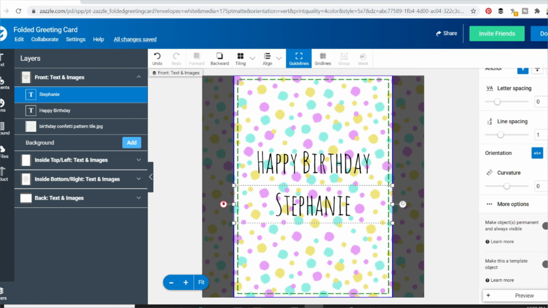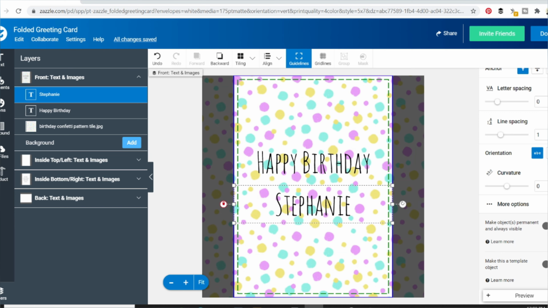Today I thought I would do a tutorial on how to create template products on Zazzle. I've spoken before about how customizable products on Zazzle sell really well, and if you just look at the trending products on Zazzle, you will see what I mean. So I thought today I would go through some tips and tricks on creating customizable